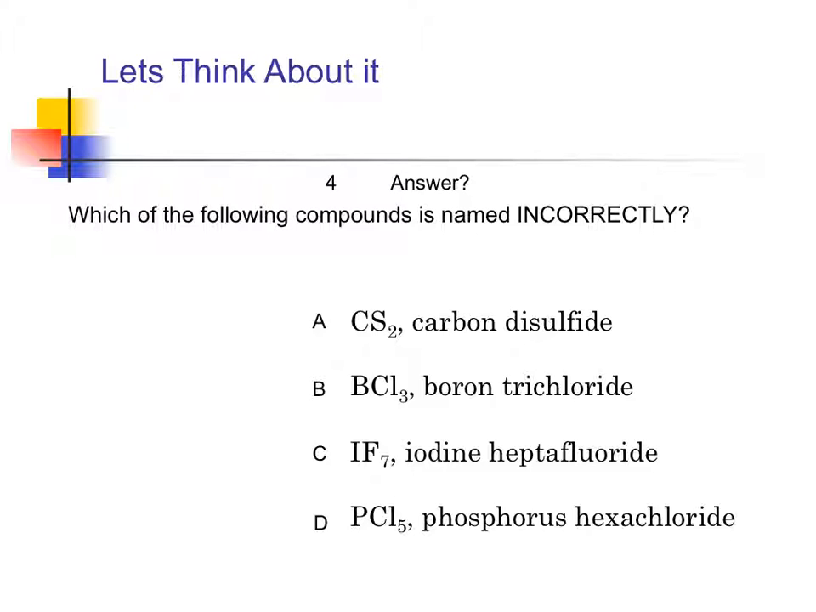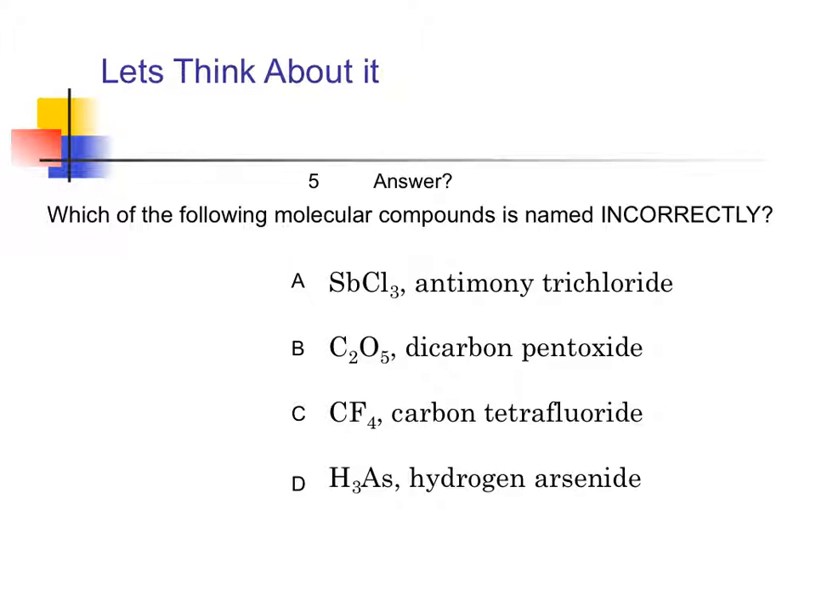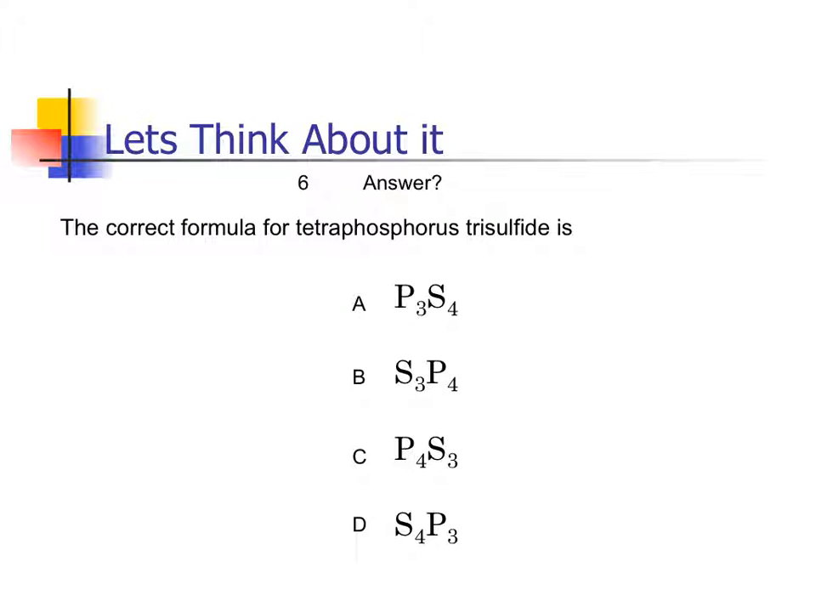Which of the following compounds are named incorrectly? Which of the following molecular compound names are also named incorrectly? The correct formula for tetraphosphorus trisulfide is,